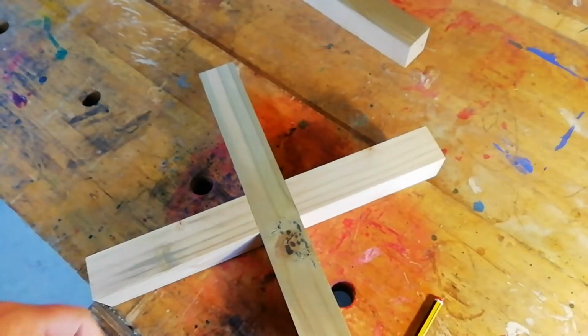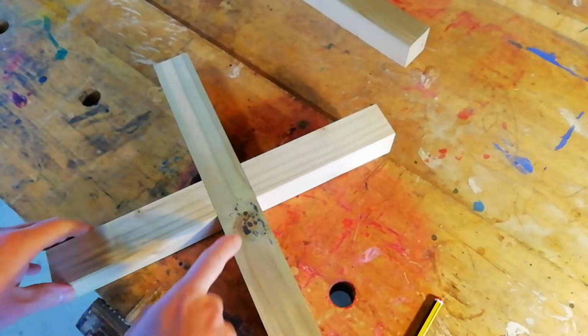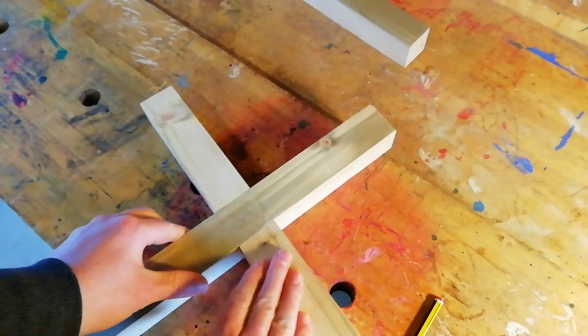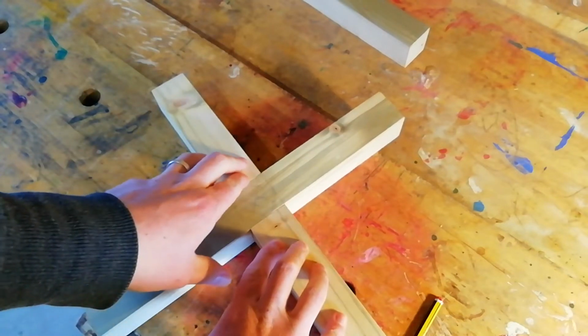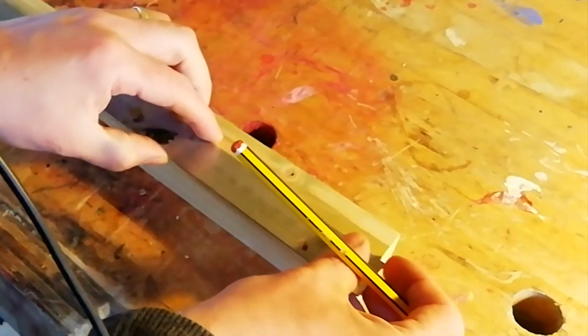We're going to start by having a look at our cross-halving that we assembled last time out, deciding upon which way up this is going to go. In my case, I wish to hide this knot underneath the actual seat itself that's going to go on top, so we will treat this as our bottom face, and this is where we're going to start. First thing I'll need to do before I do so though, is take these two parts apart so I can get better access. So starting on the underside, we are going to have to mark 40mm back from the edge